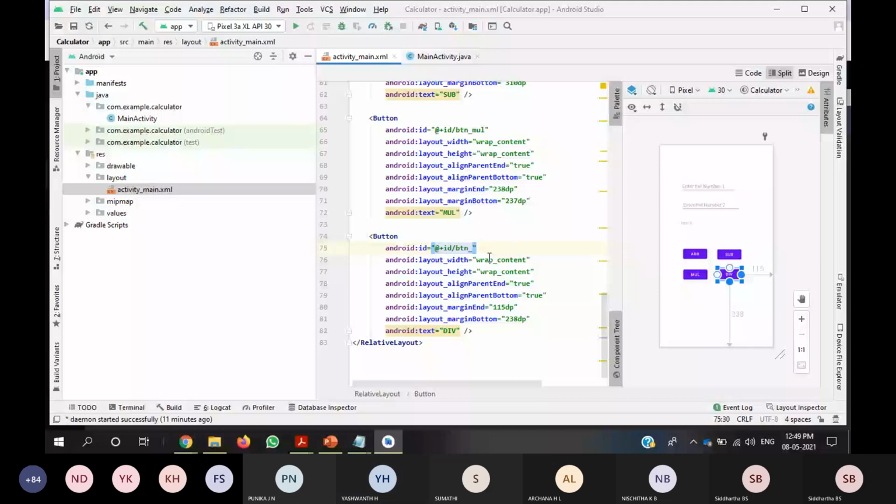Once you're done with all the naming configurations,